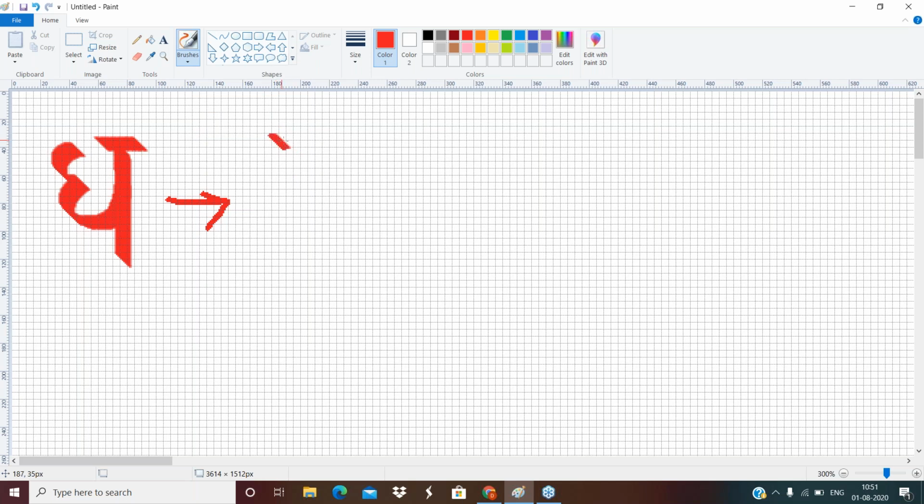I just draw a slight curve here, then I make one figure like a W here. You see here, and then I bring it down. So this becomes Sharda Gh.